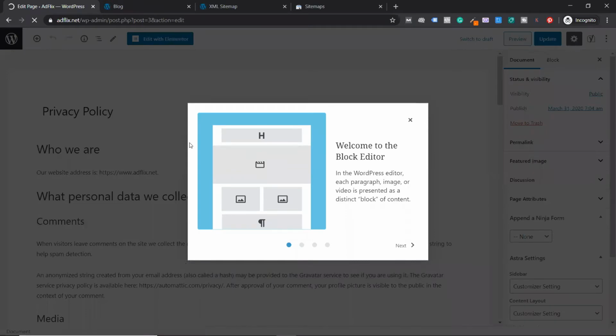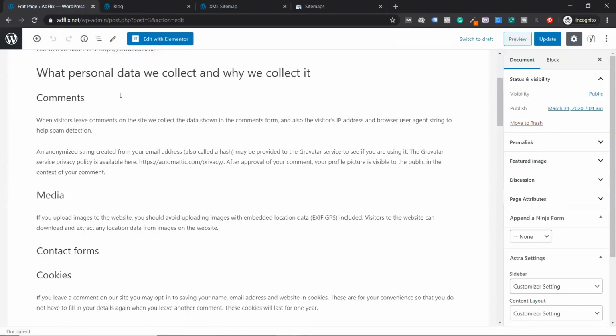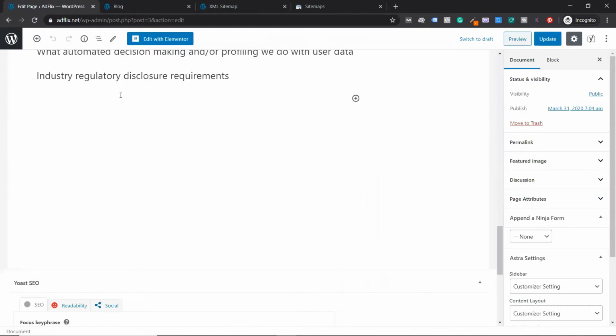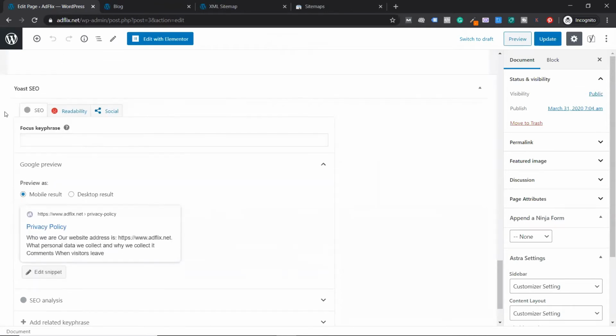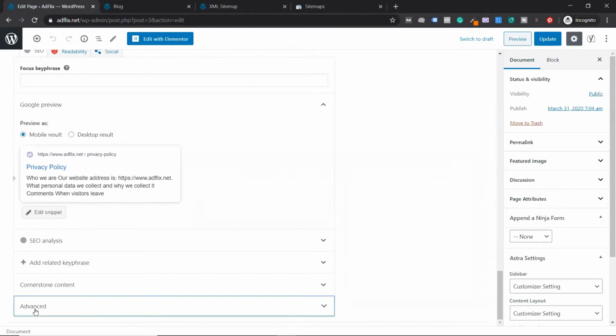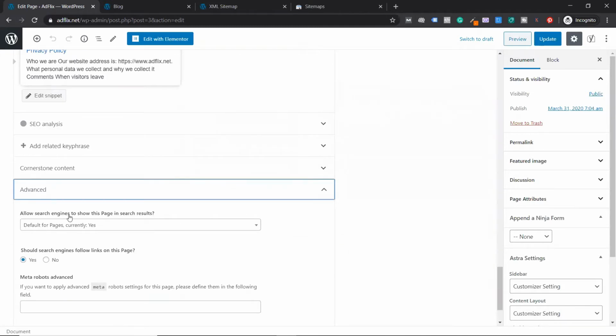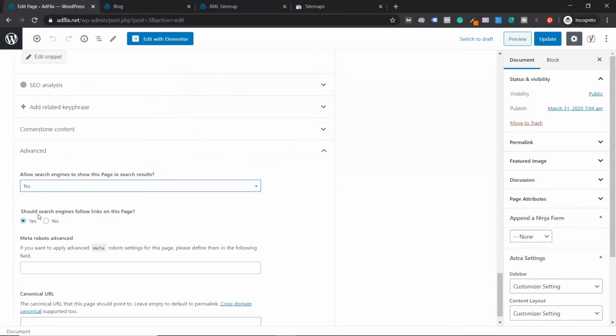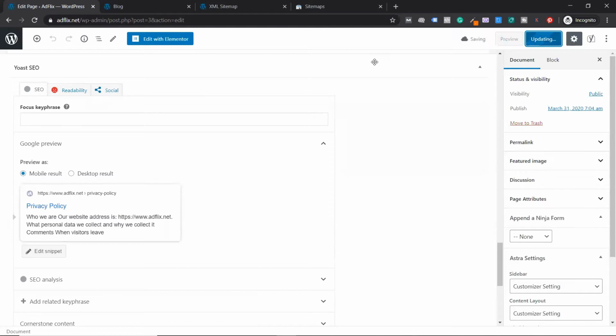And again, guys, be very careful. It has a negative impact also if not done properly. Say for example, you go to your home page and you block it. Your website will not be shown. So be very careful. Now this page is there. All I have to do is scroll down. You'll see this Yoast SEO box, because this plugin will take care of everything. So scroll down. Can you see an option called advanced? Click on advanced. It says allow search engines to show this page in search results. It says yes. Click on this drop down, choose no. Do you want search engines to follow the links on this page? Mark it as no. Choose no here, and click on this update option, and that's it.